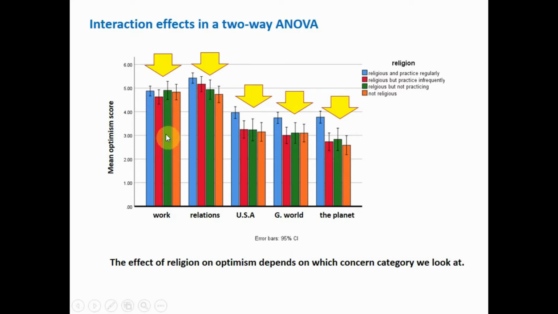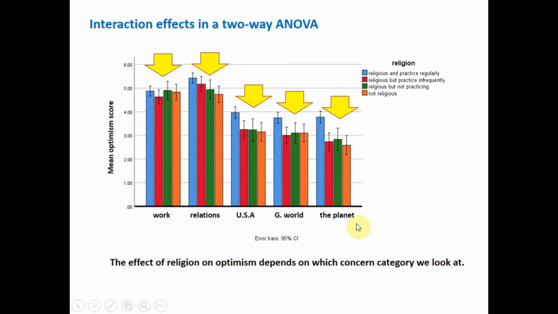How are we going to know? There's going to be a third F value. Remember, there was an F value to test for the main effect of religiosity, and an F value to test for the main effect of concern category. Now there's going to be a third F value, and that's going to tell us whether we have a significant interaction effect. And if we do, it tells us that the effect of religion on optimism depends on which concern